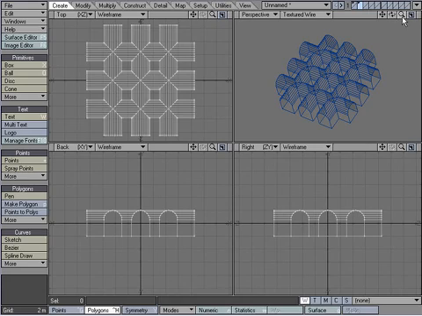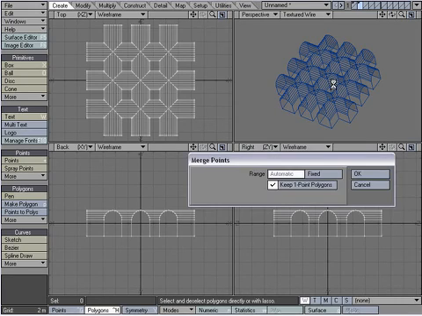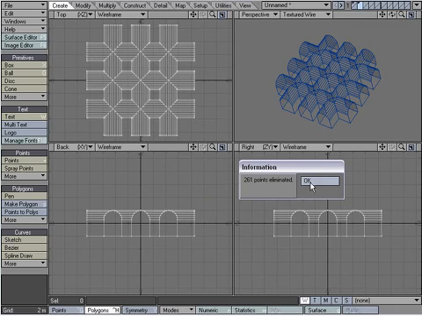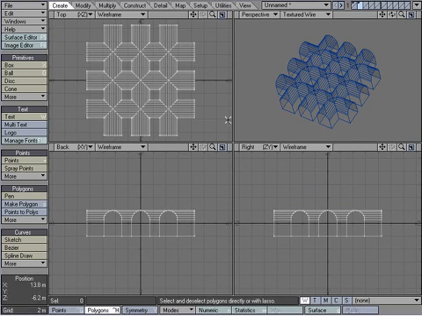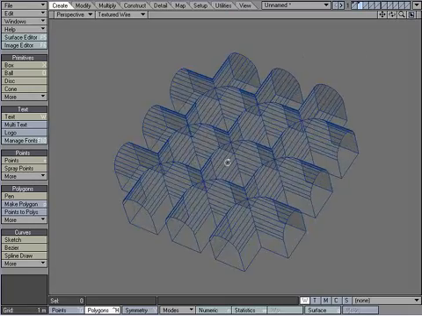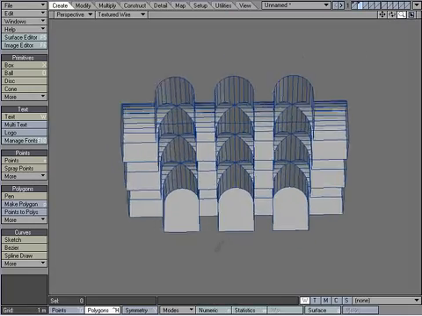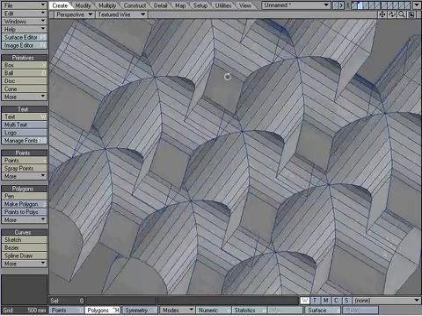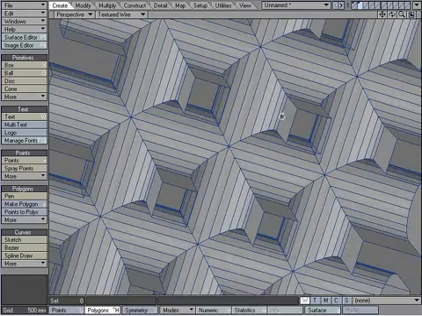Now, after a Boolean, one of the first operations that you want to do is to merge the points, because you have 2 objects that have just come together and they're not sharing points. So M for merge. Okay, we lost 261 points there. And now if we select connect, everything is connected. Okay, so let's take a look at what we have. We've created cathedral style ceilings with pillars,